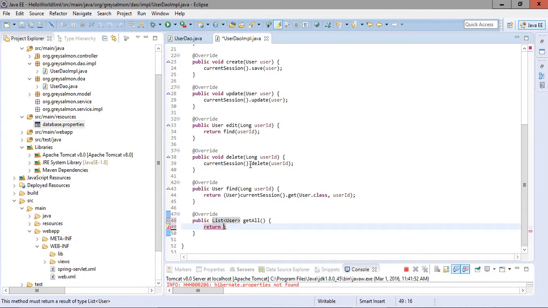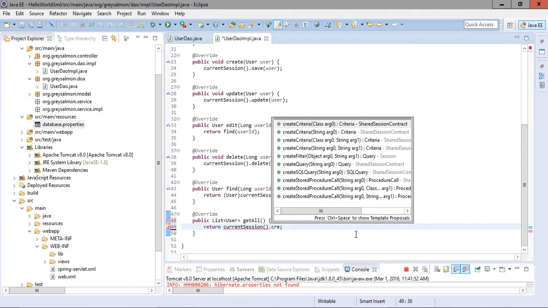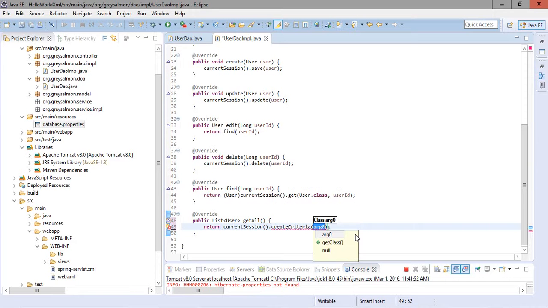First we have to copy this current session, then the current session dot create criteria. Create the criteria for class, that is user dot class, which is our model class, and then dot list method.